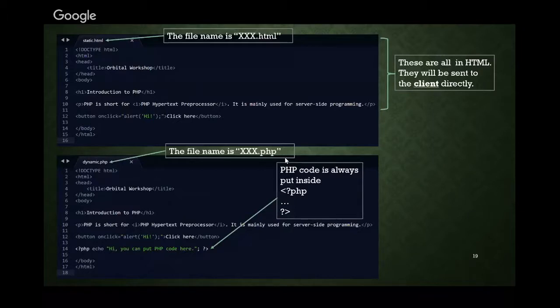But for PHP, if you want to write some PHP code, you will see that although this one is a PHP file, you will still see HTML code here. So how does the interpreter know which part is PHP code and which part is HTML? You need to use this symbol to put your PHP inside. If you have some background in JavaScript, you will know that